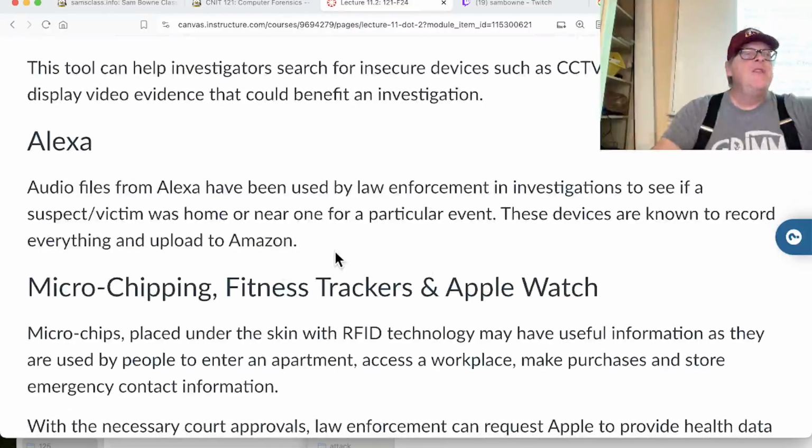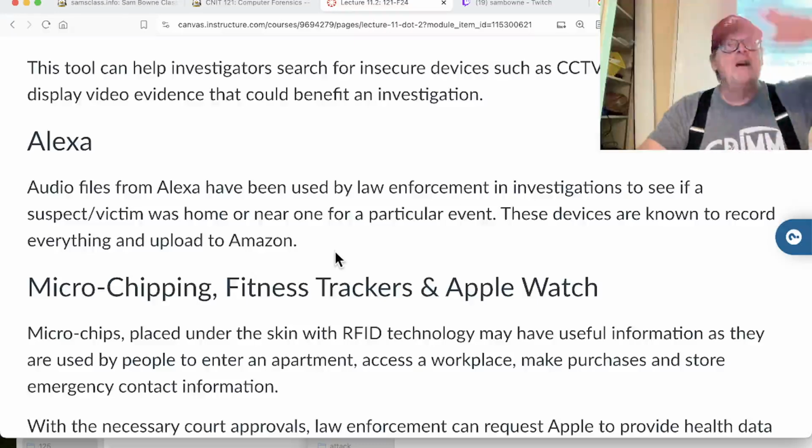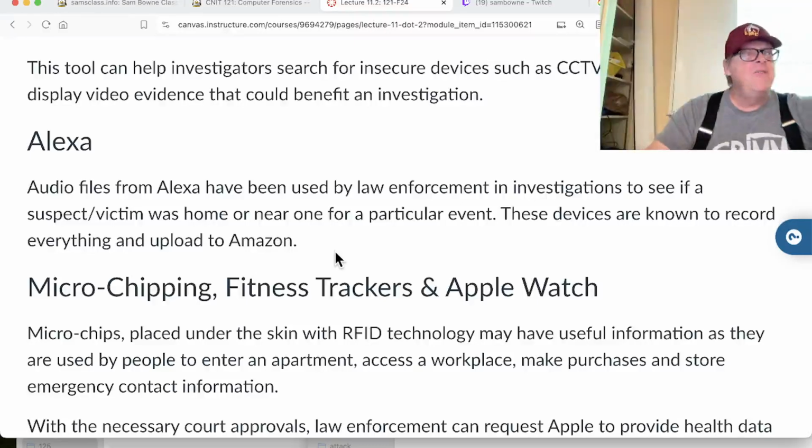Anyway, but the thing about them is they're always listening to you, of course. They have to be listening even when you're not saying the magic word to see if you said the magic word. And it came out that we were in fact sending the data up to the server all the time. So they're kind of like a bug in your home, recording everything. There are people who use